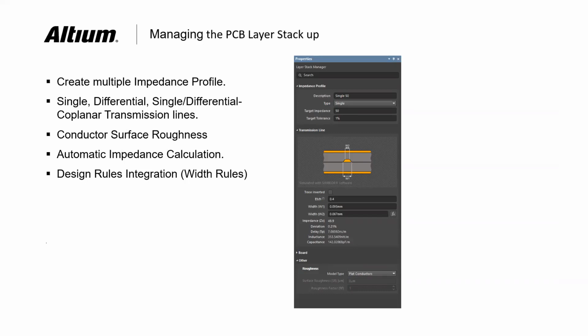So when I do the demo, I will explain it to you in detail. Then, coming to the next, it will automatically create your impedance calculation for each of your layers. This impedance profile needs to be applied in your design rules. Once you generate the impedance profile, it doesn't mean it is finished. You have to apply it in your design rules to follow it in your design. I will show you in the demo how it works.